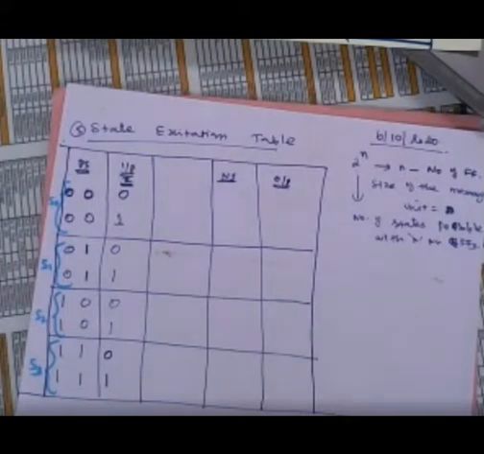Sometimes parallel inputs will be entering into the circuit: 0, 0, triple inputs, 5 inputs. Then accordingly your state diagram will move from one state into another state. So when you go for vending machine control, traffic light control, escalator control, or automatic drilling machine control, wherever you go for automatic control, there will be so many states, and simultaneously several inputs will be entering into your circuit. So you have to manage everything, right?